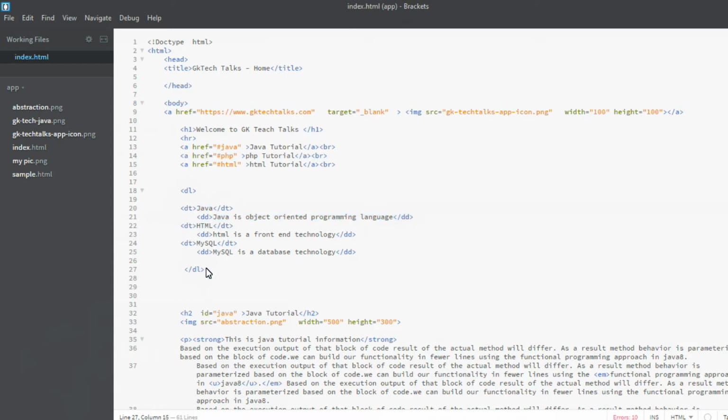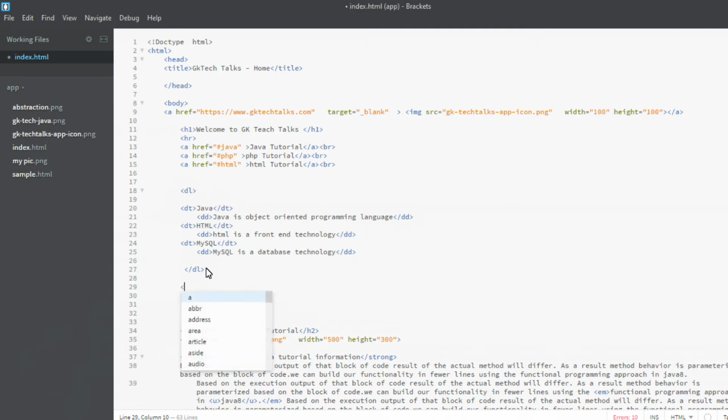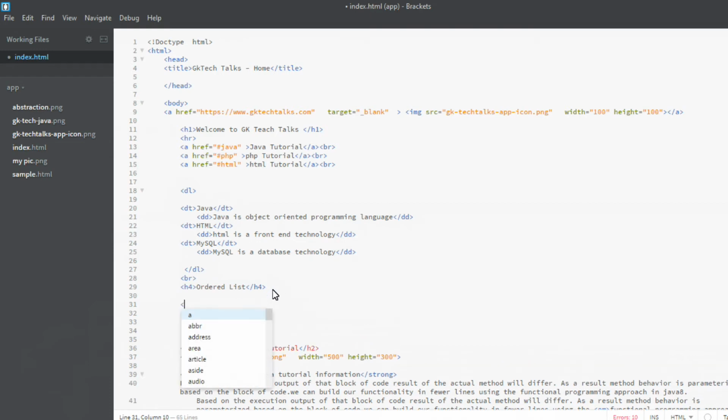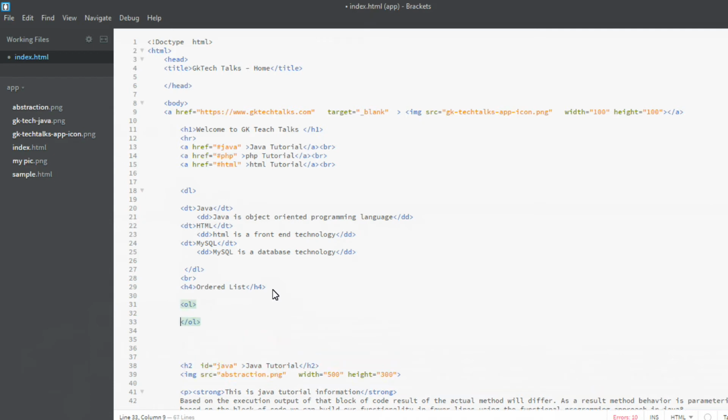And we have one more list, that is the ordered one. Ordered in the sense that we mention the numbering 1, 2, 3, 4. I'm just giving a break so that we can differentiate between each and every one here. The ordered list starts with ol. OL means ordered list.